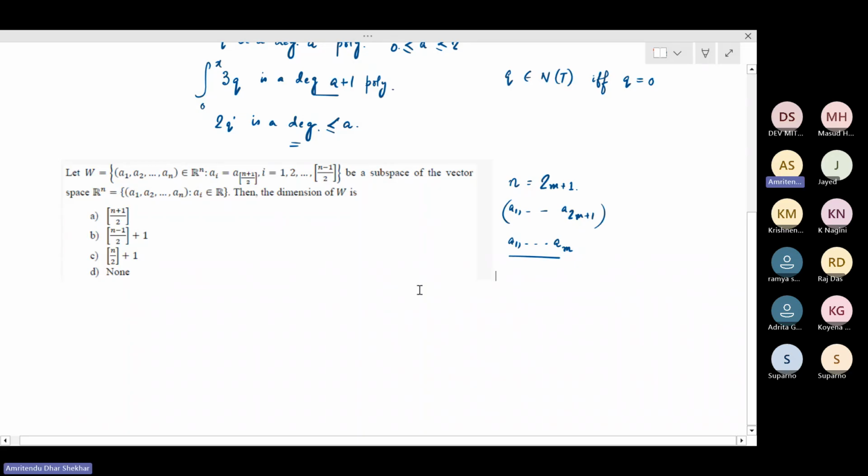So what is given to us is that AI is just equal to